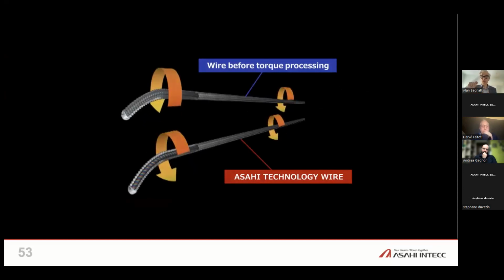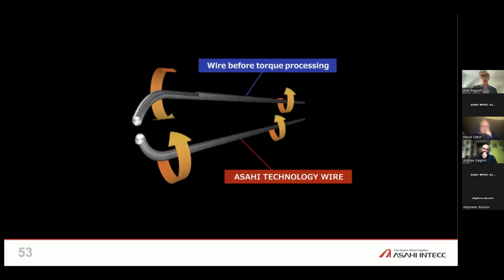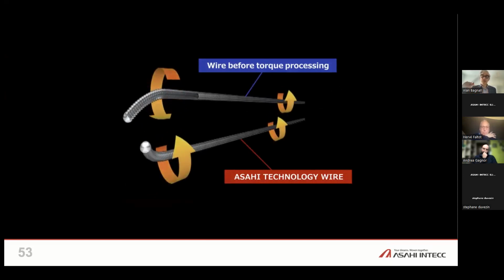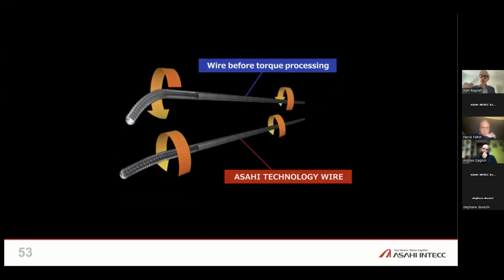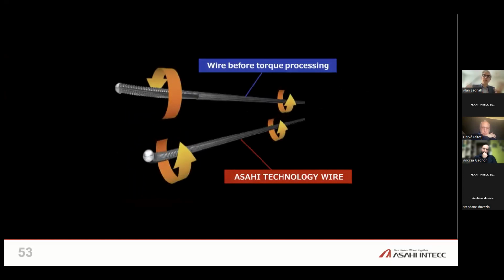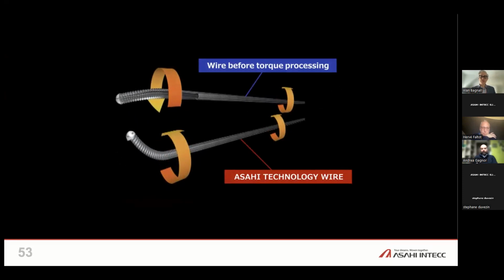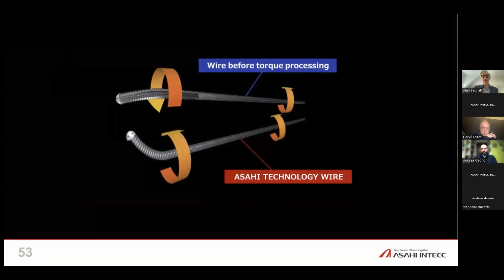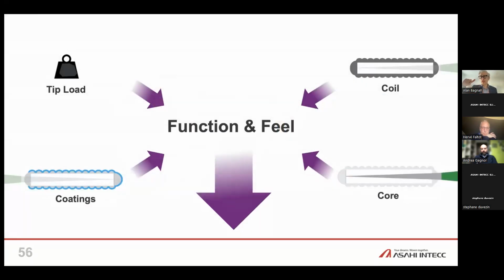You'll probably all be familiar with what we see on the wire on the top of our screen now, which is this kind of whipping type of action. As you turn, the torque builds up, the wire tip doesn't move, and then suddenly it all moves in one go. The Asahi technology is there to allow us to have a continuous one-to-one rotation so you can very